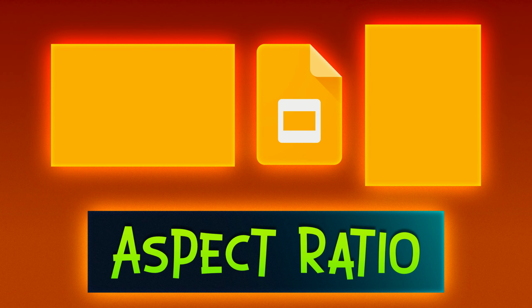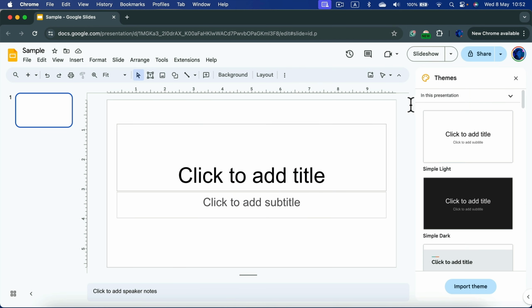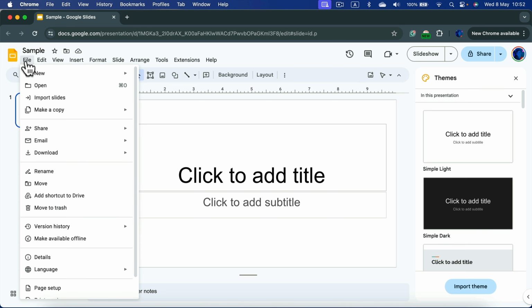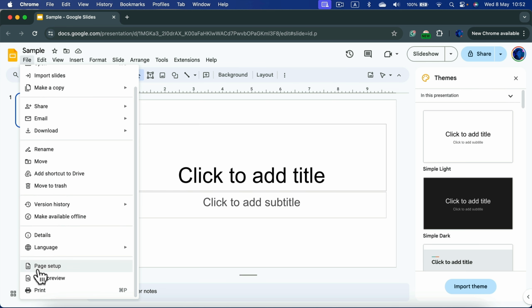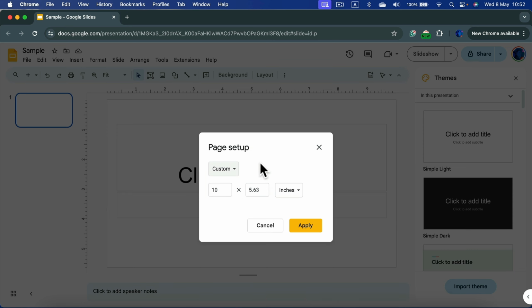Let me show you how you can change an aspect ratio in Google Slides. So to change the size of your slide, you need to head to File, and from here we can click on the page setup here at the bottom. It will give us this pop-up window where you can go between standard 4:3, widescreen, that's most popular right now, 16:9, but also if you really need, you can use the custom one where you can type whatever you need,